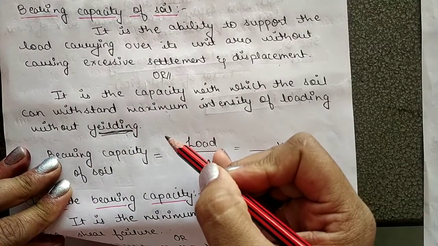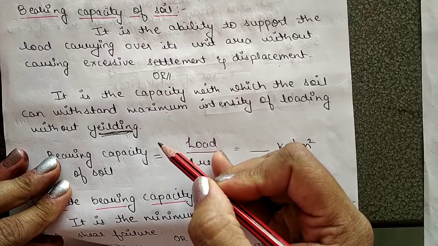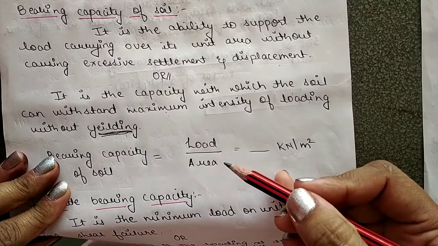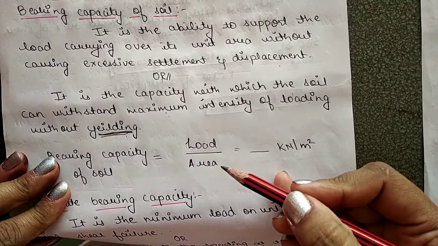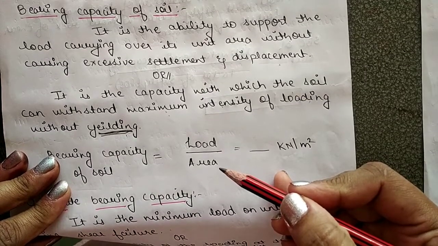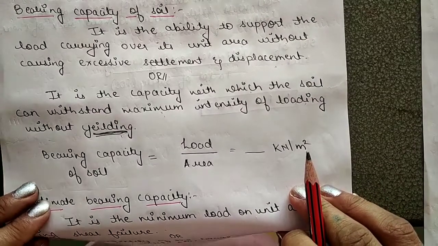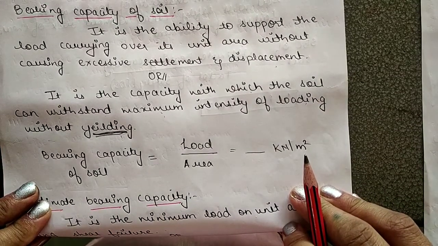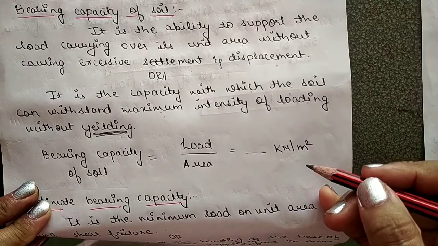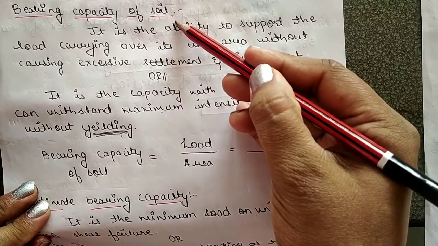If you are loading more than the bearing capacity, what will happen? If you are giving the load on the soil more than its capacity, the soil will displace or settle down. Means the soil moves from its position, which will cause cracks in the building or tilting of the building. There can even be severe cases in which the building may fall down. So, understanding what is bearing capacity of soil becomes very necessary.